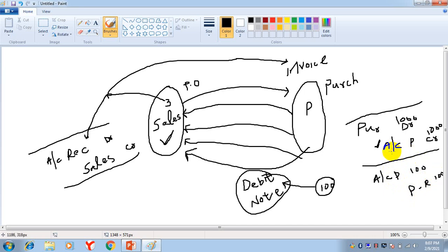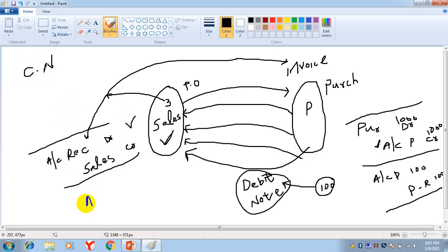See, his account is credit here. So he is writing a debit note because he is requesting the company to debit my account. So I will enter this entry in my books. And the seller who is accepting the goods will write a credit note, because the account of the purchaser is debited in his books. So he will credit it.